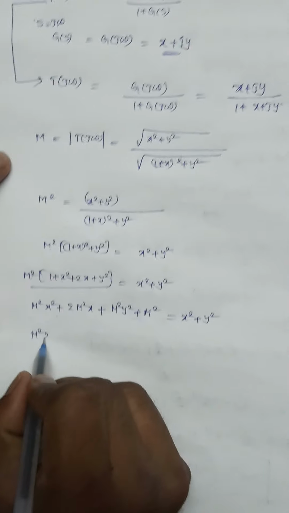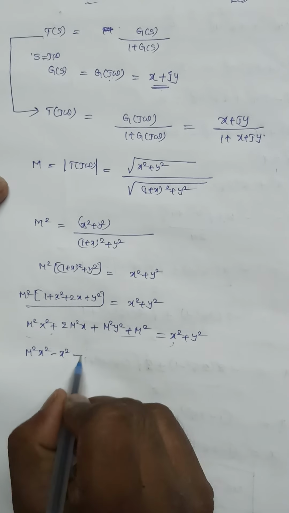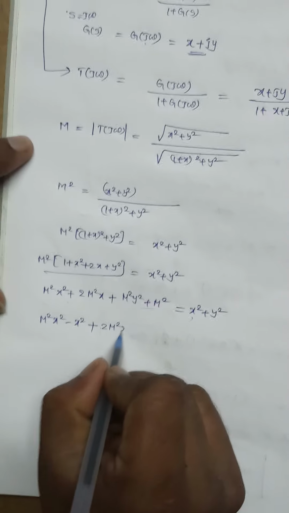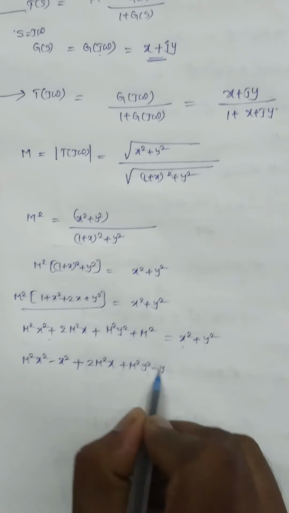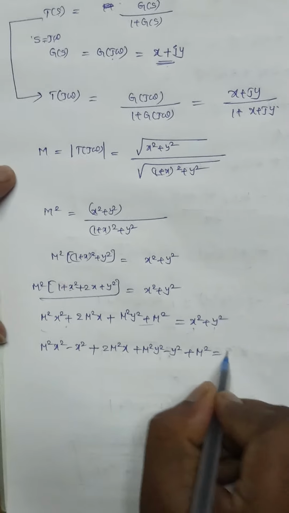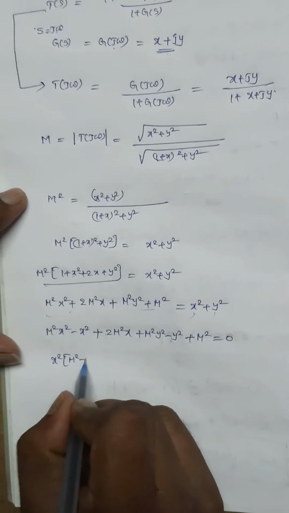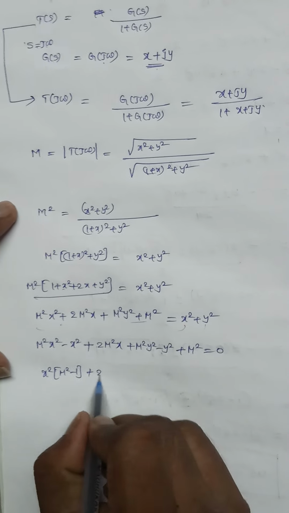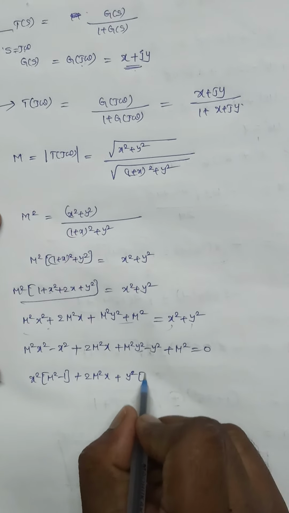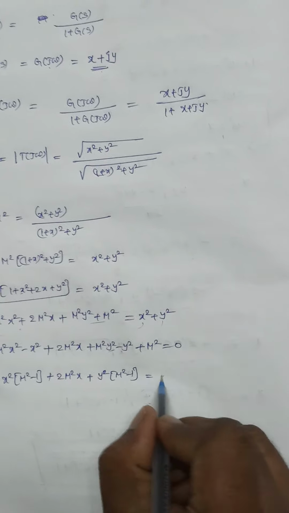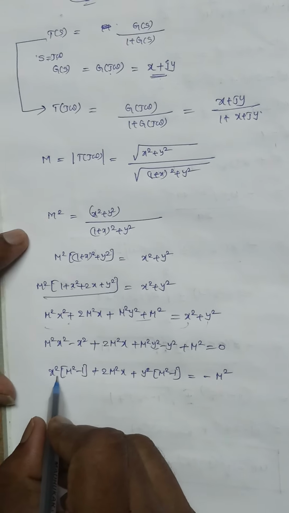M square x square minus x square, if I take this term from here to here, and plus 2M square x, M square into y square minus y square plus M square is equal to 0. Take x square common here, x square into (M square minus 1) plus 2M square x, take y square common here, y square into (M square minus 1) is equal to minus M square,